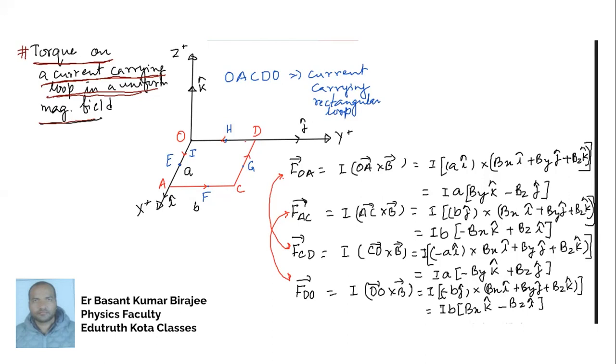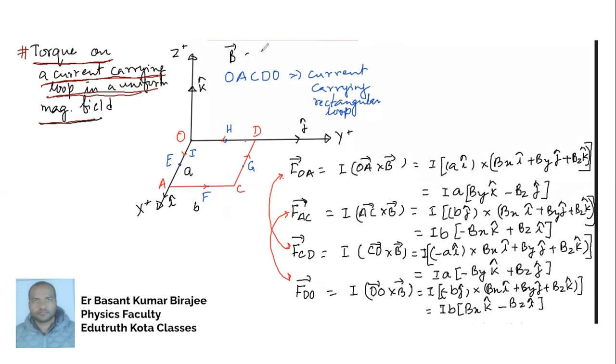The magnetic field B is in vector form, and it is written as B. Magnetic field in this region is, I will write it here,